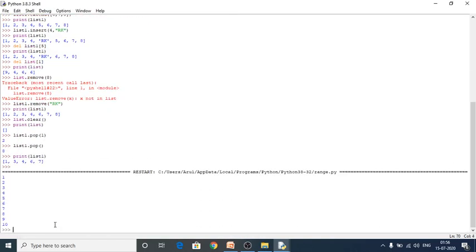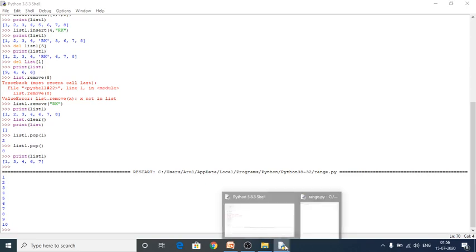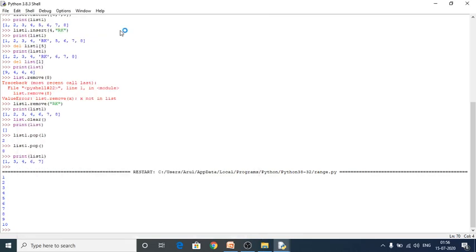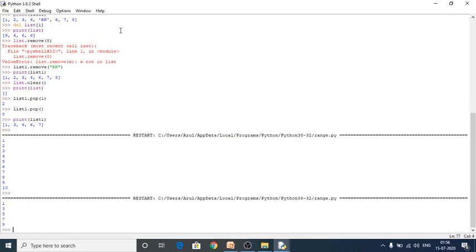Yes, 10, from 1 to 10 as my result, because see here, I am not giving the step value here. Suppose if I have given step value 2 here, my result would be 1 comma 3 comma 5 comma 7 comma 9. This is what my result. Just I'm going to show. F5, yes, 1 comma 3 comma 5 comma 7 comma 9. This is what my result.